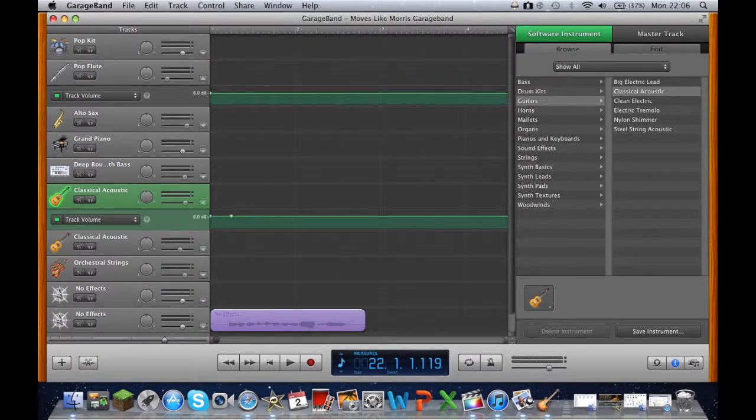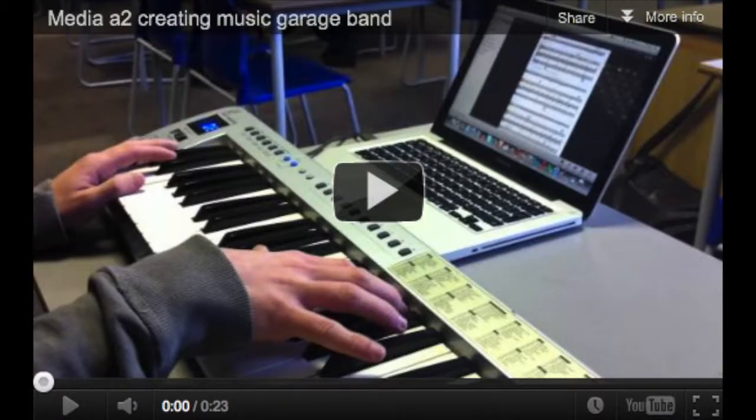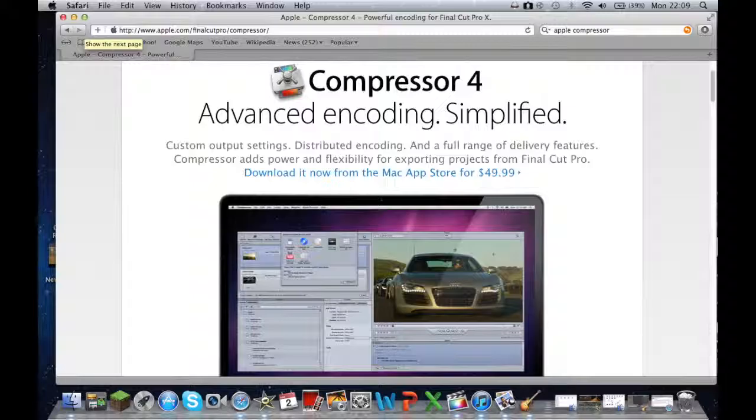To record this evaluation, I am using an external microphone. It is very good quality, and I'm then putting it through GarageBand to edit it. I also used GarageBand in my film to record me playing the piano. This happened at the beginning and the end of the film. When I finished my film, I used one final piece of software called Compressor, which I used to make the file size slightly smaller, but still good quality.